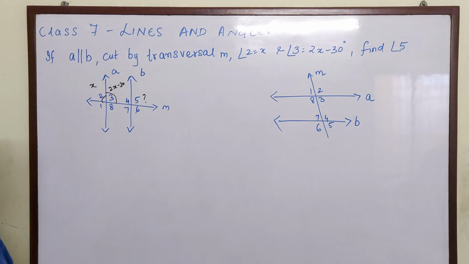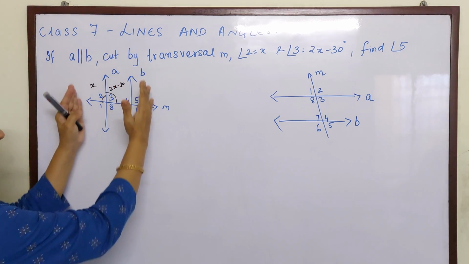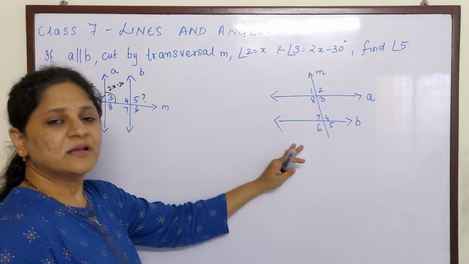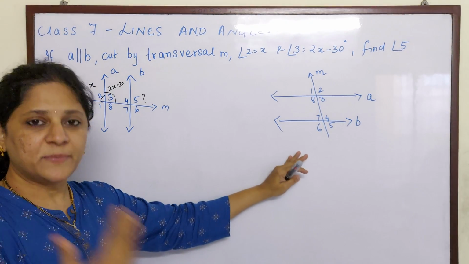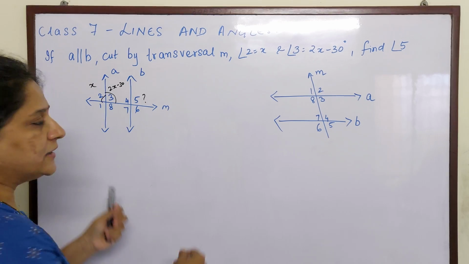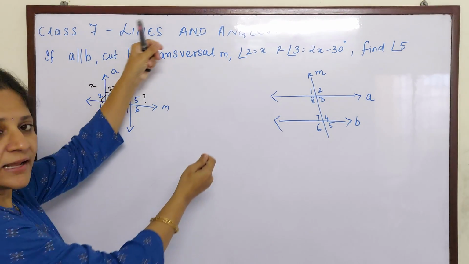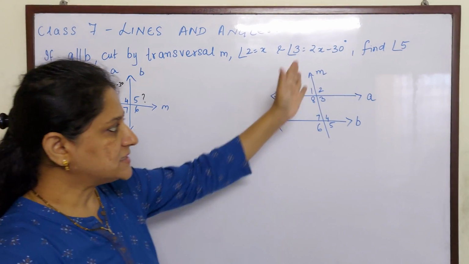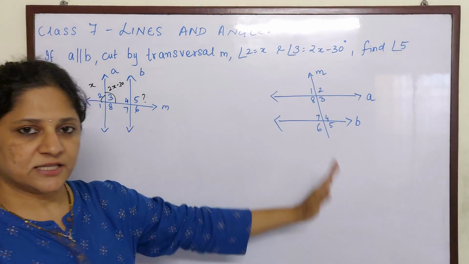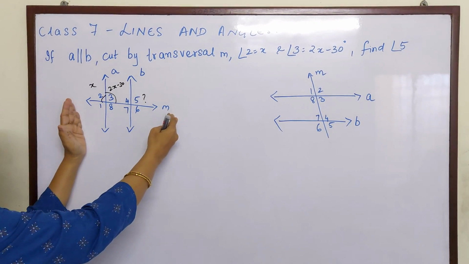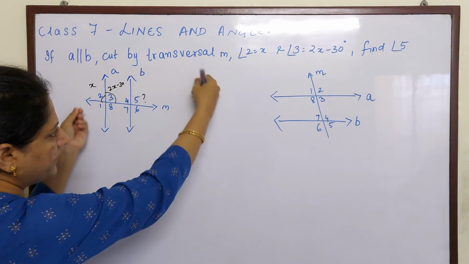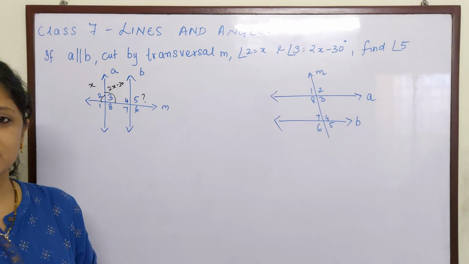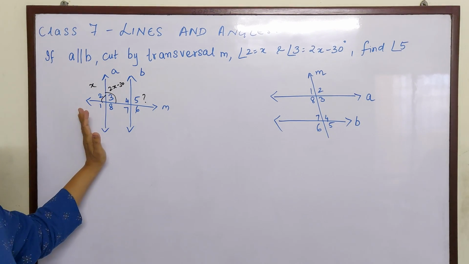Now what I have done, children, suppose in the exam the question is like this and we are used to seeing a diagram like this. Till you are a little familiar with the concept, you can try to turn the page like this and try to make the parallel lines sleep and see to it the transversal is in this shape. So this diagram, I have just turned the page like this and I have drawn this diagram. Now you feel this is a little simple, but the question is the same.